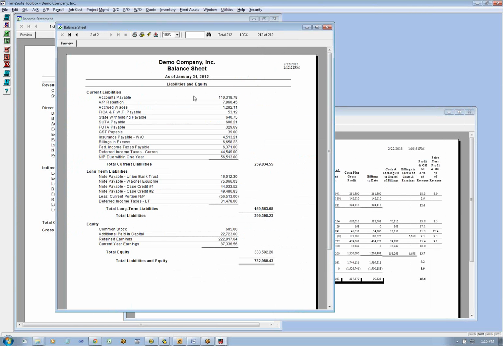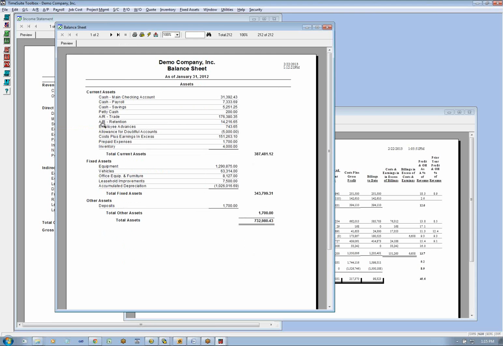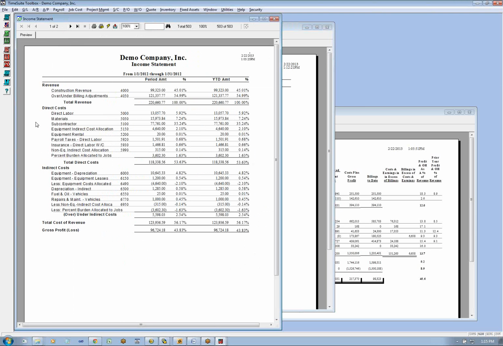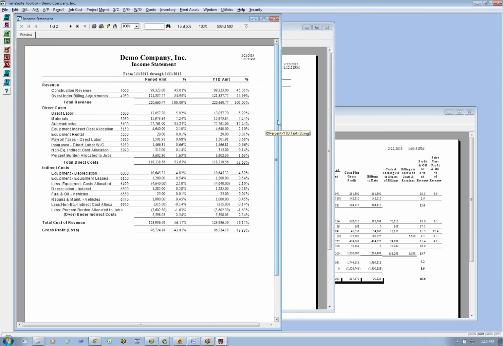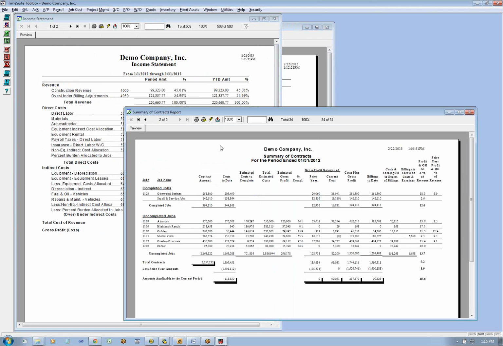So anyway, now you've supported your balance sheet and your income statement, and as far as your total costs are concerned, the cost control webinar also talks about different classifications between direct, indirect, and G&A, and what's proper there, and what's considered generally accepted accounting principles, that kind of thing. So by having your summary contracts and tying quickly into your income statement, you're able to go through and analyze these jobs and make sure they're reasonable as far as their margins are concerned. And that's really what you want to do with your time on your month end.